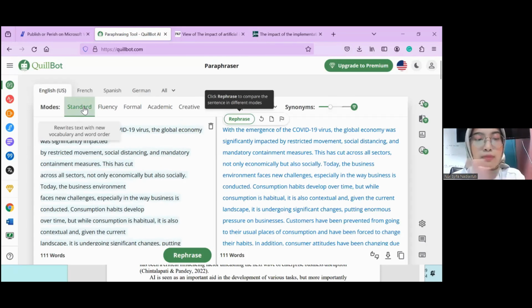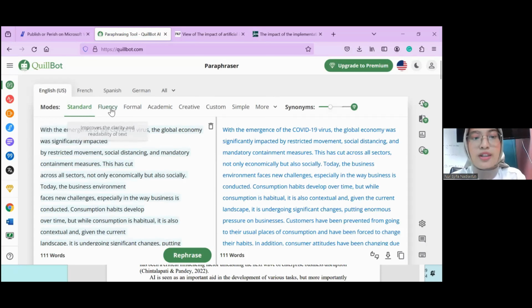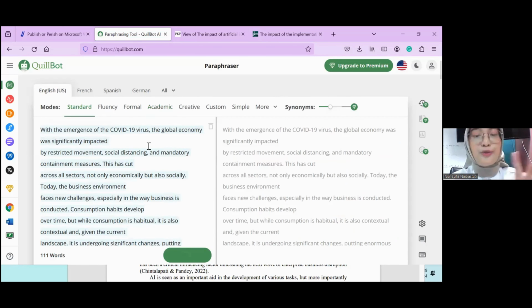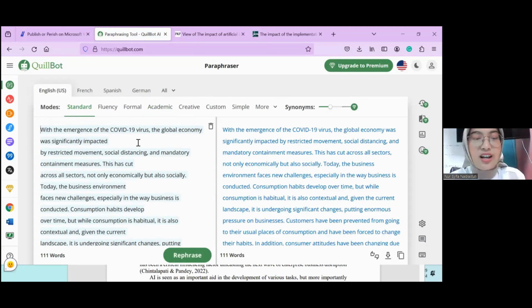And if you want to search in different modes, there are some modes like standard, fluency, formal, academic. If you want to paraphrase with the academic mode, you can click Academic, and then you have to unlock the premium mode. If you want to use it free, you have to paraphrase it in standard mode.